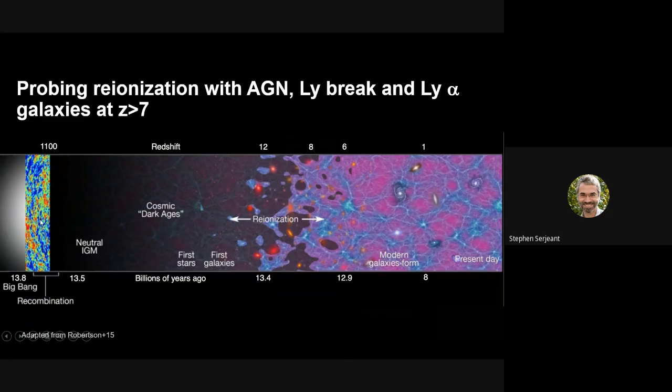We go from the recombination era with the CMB through the dark ages, and then reionization happens at redshift maybe 12, 8, 6. And then we get into the modern universe and present day universe. So probing this reionization population is a very high priority in many different facilities. But these different facilities don't have,